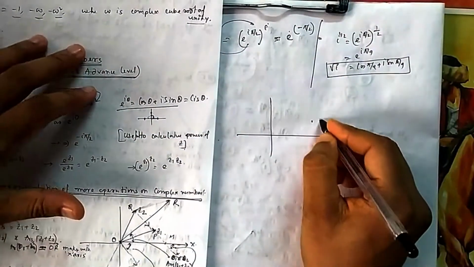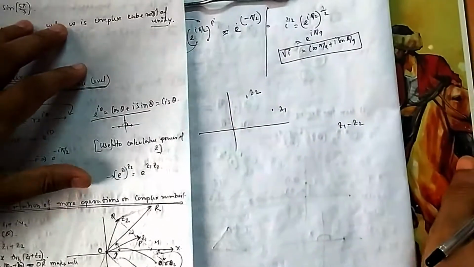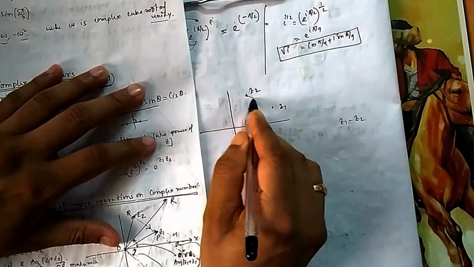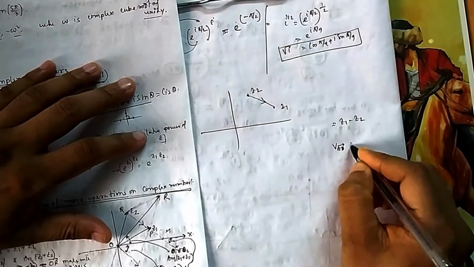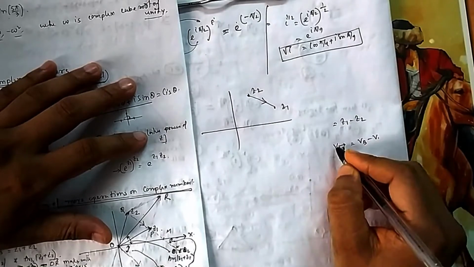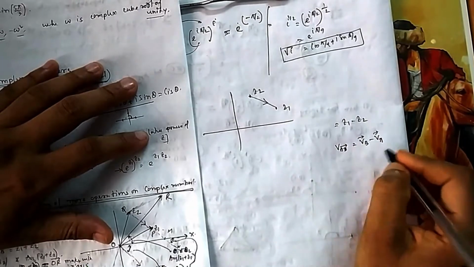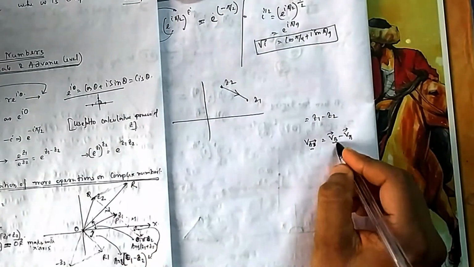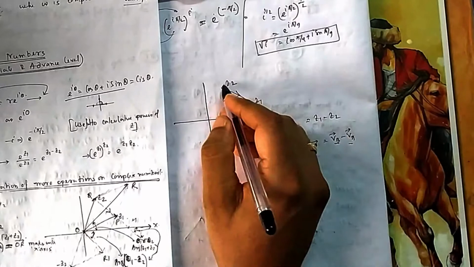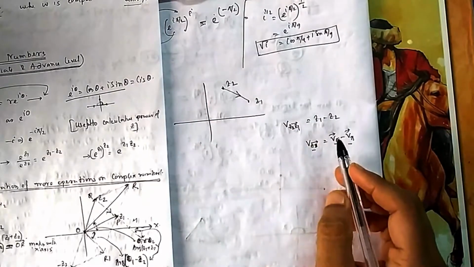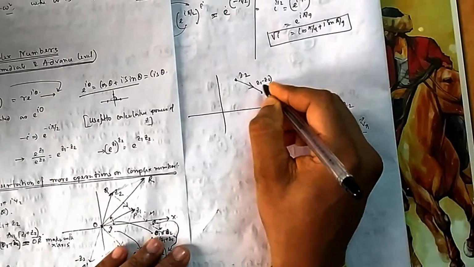Now suppose, let me draw it one more time. Suppose this is z1, this is z2. If I want to mark z1 minus z2 from this plane, what will be my z1 minus z2? It will be towards z1. This is something like a vector. If you see vector AB, A to B, it is B minus A. Suppose any vector, a velocity vector or a position vector of anything, whatever vector in physics you have seen, vector AB is B minus A. So it is a vector from z2 to z1, because it goes from z2 towards z1. So it is z1 minus z2. It has quite a resemblance to vectors. So this becomes easy, and you can mark z1 minus z2 at any time.